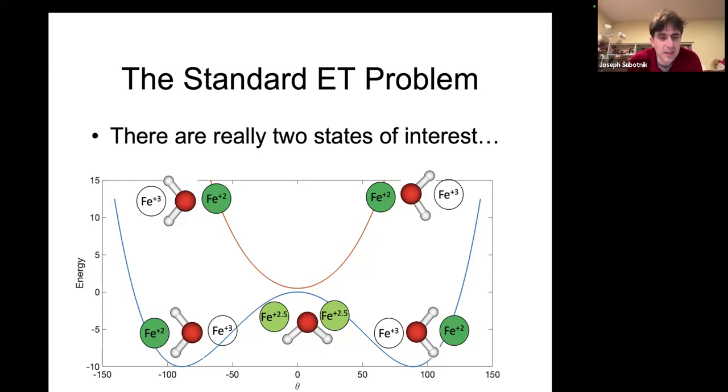And the ground state, we know if the water is in this configuration, the water is pointed in this way with the lone pairs on the right, really the ground state should be +3 and +2. But that means the excited state must be over here, a +3 on the left and a +2 on the right. The electrons in the irons are not matching the electrons in the water. It's a much higher energy configuration. In the middle, it'd be 2.5, 2.5, and on the right-hand side, it'd be different. And the idea that we have